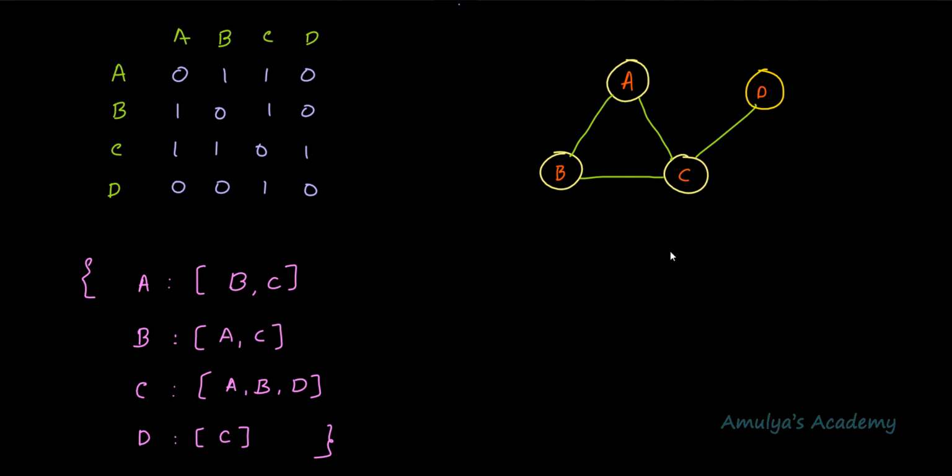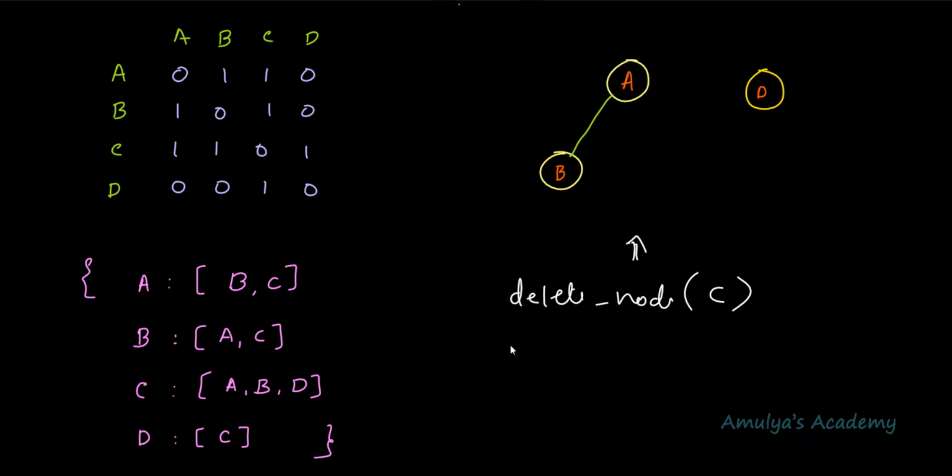Here we have a graph, undirected unweighted graph, and A, B, C, D are the four nodes in this graph. This is the adjacency matrix representation and this is its adjacency list representation. Now if I want to delete C, then I need to call delete node operation or vertex operation and I need to delete C. Now what this operation will do is it will delete this node C like this, and also the edge connected to this. It will delete this also like this. Now after deleting C this graph will look like this. Okay, so this is manual representation.